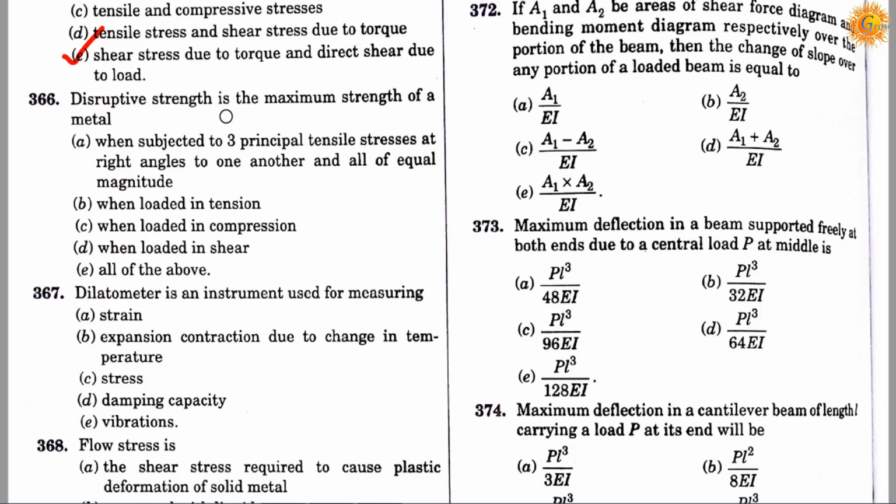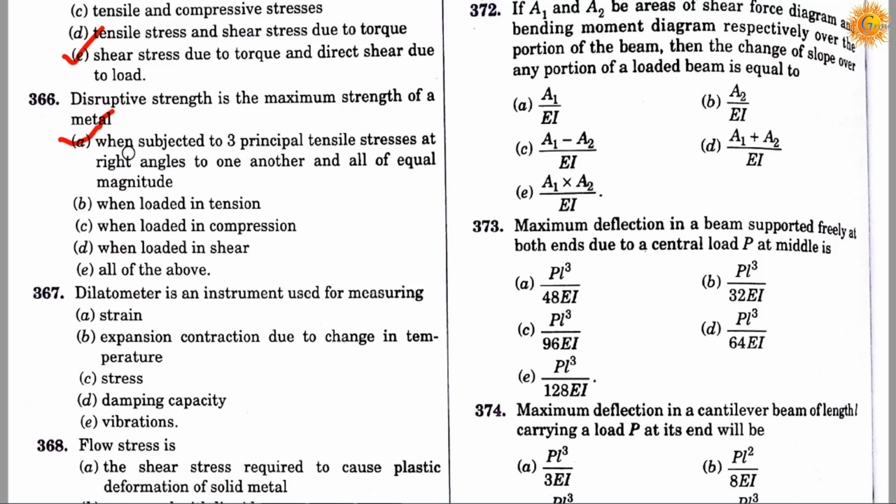Disruptive strength is the maximum strength of a metal. Option A, when subjected to three principal tensile stresses at right angle to one another and all of equal magnitude. Option B, when loaded in tension, and option C, when loaded in compression. Option D, when loaded in shear, and option E, all of the above. Correct answer is A. It's when subjected to three principal tensile stresses at right angle to one another and all